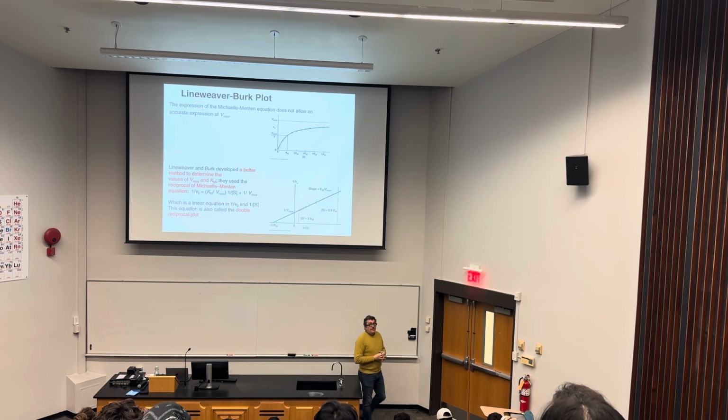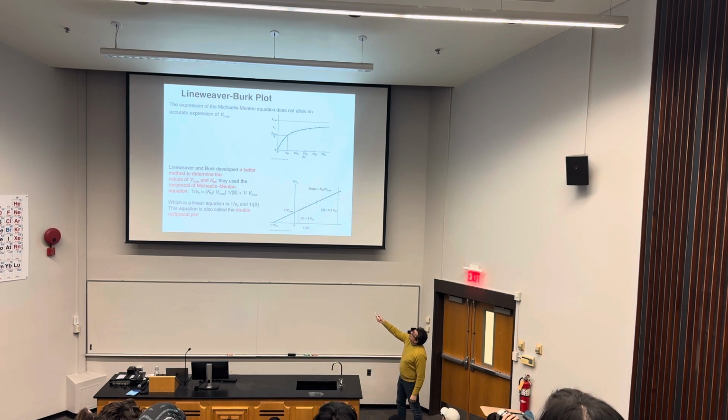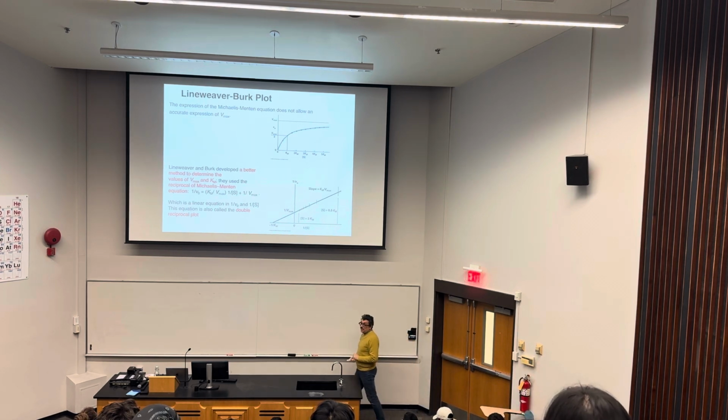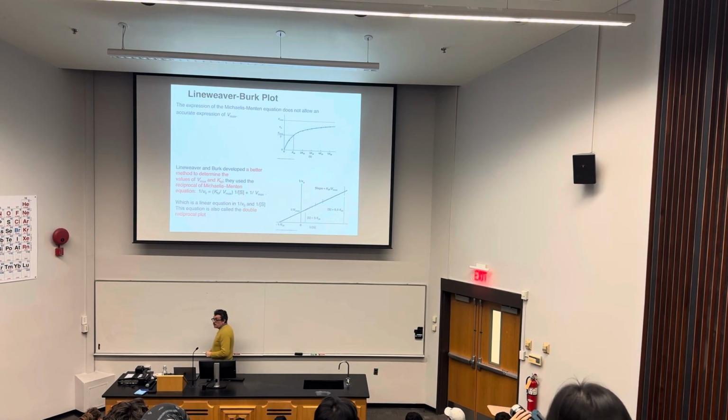So there is a trade-off from that. The trade-off is that it's all reciprocal. So, for example, the intercept on the y-axis that identifies Vmax is actually 1 divided by Vmax. So if the intercept is going to be closer to 0, Vmax is going to be higher, right? Similar things for the intercept on the x-axis. Actually, this time it would be on the negative x-axis. In this case, it's minus 1 divided by Km, which means that